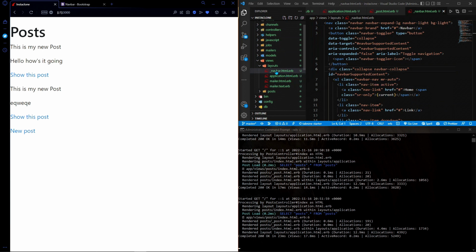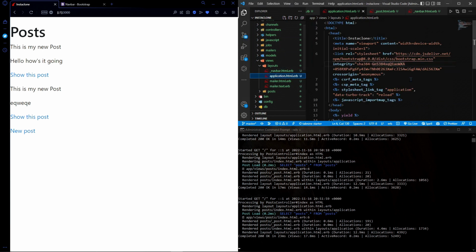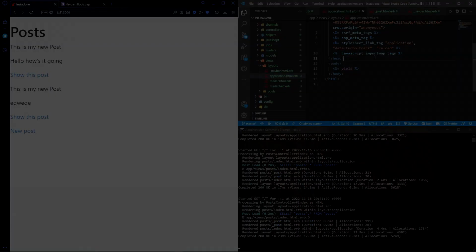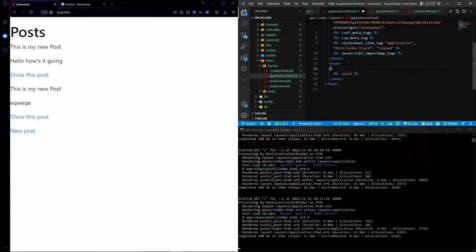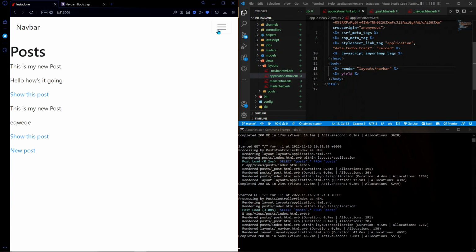And so what I'm going to do is go to application.html.erb, and I'm just going to add another line of code, and that line of code is going to be embedded Ruby, which starts with a less than sign, then a percentage sign, then an equal sign to show that we're going to render something, and we're going to say render quotes layouts / navbar end quote. Save that file, refresh, and as you can see, we have our navbar here,